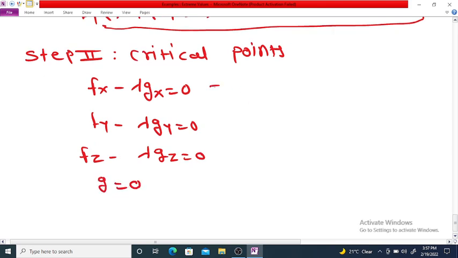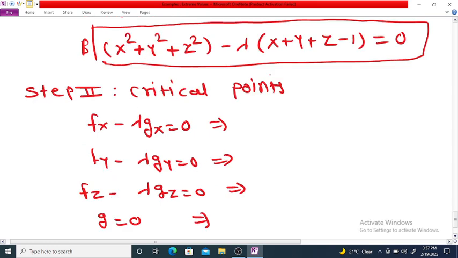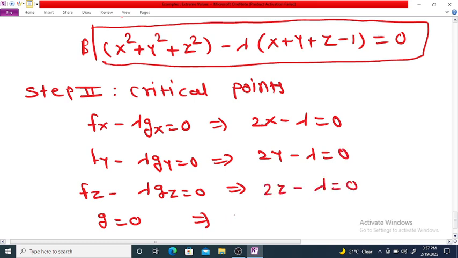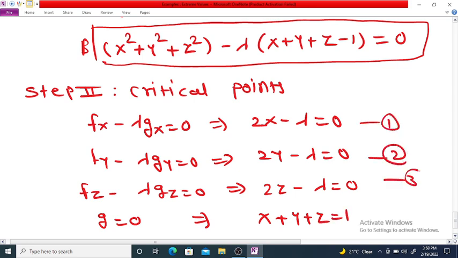By using these four equations, we are going to determine the critical point. So f of x implies twice x minus lambda equal to 0, twice y minus lambda equal to 0, twice z minus lambda equal to 0, and g is equal to 0. g is what? x plus y plus z equal to 1. So using equations number 1, 2, 3 and 4, we want to determine